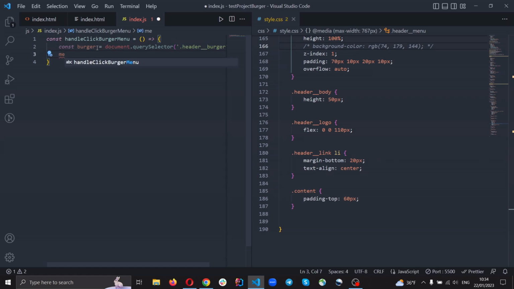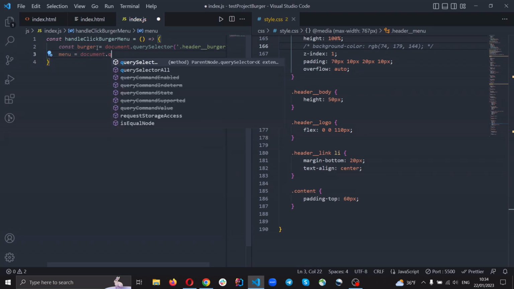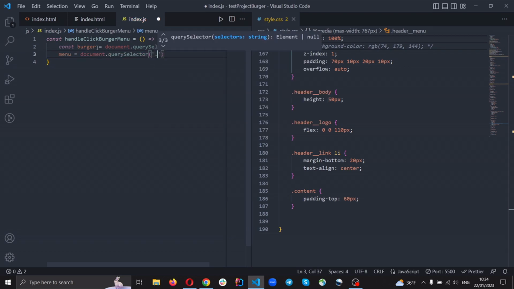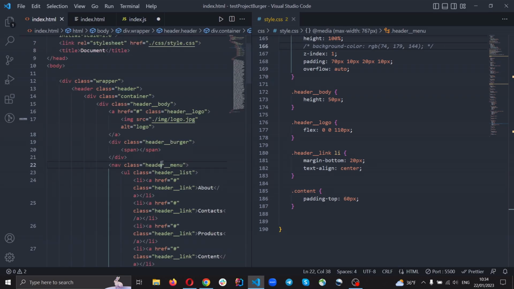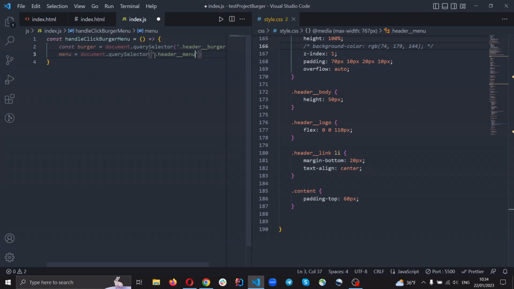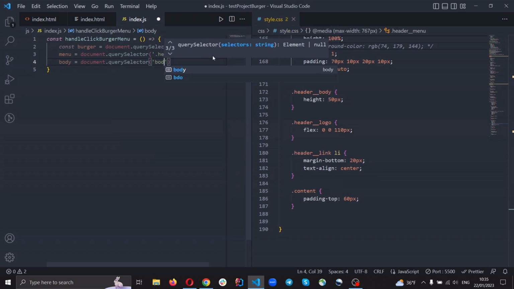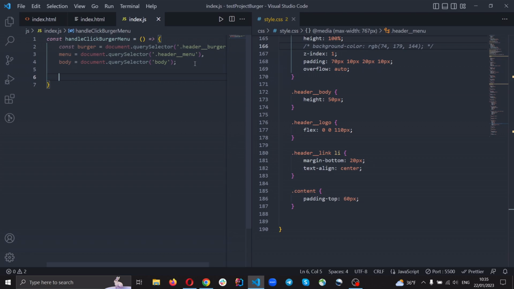Menu, document query selector header menu. And for our body, const body, document query selector body. So great. We add our elements,